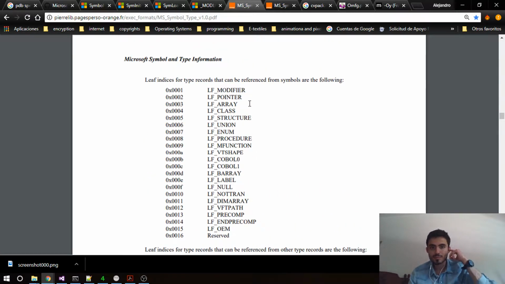Okay. Leaf indices for type records that can be referenced from symbols are the following: